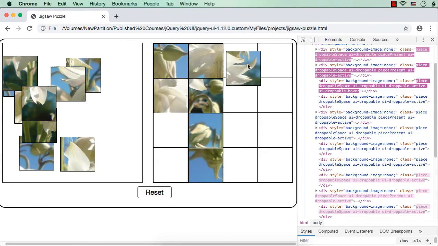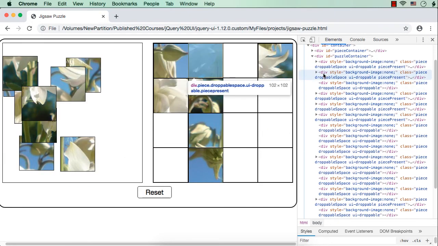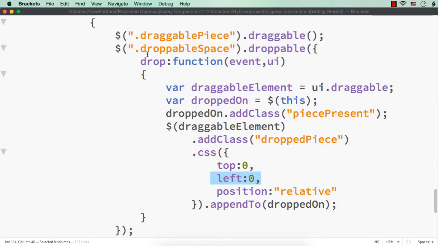Suppose I dropped one more here, see. Now in the fourth space, see, first, second, third, fourth, we have added the dropped image. So what we have done here, for the drop event, we have dropped the items and added two class names.